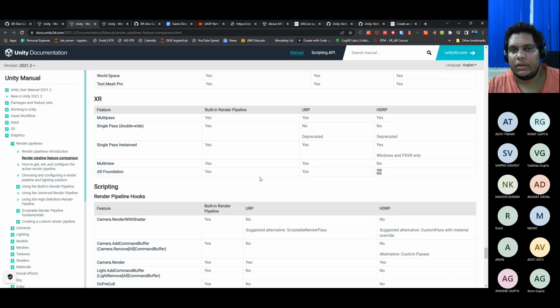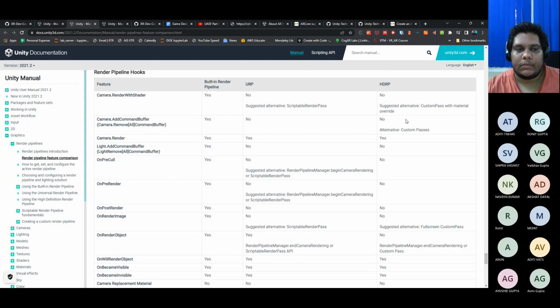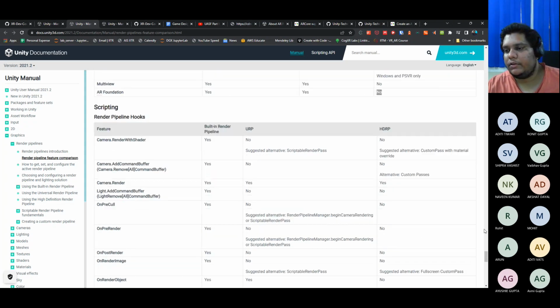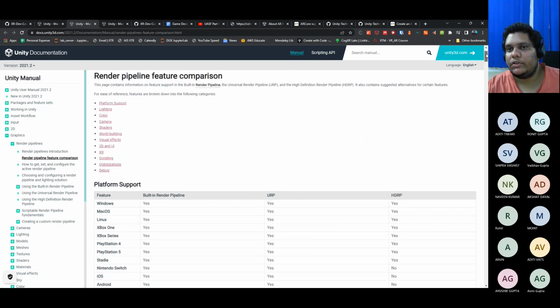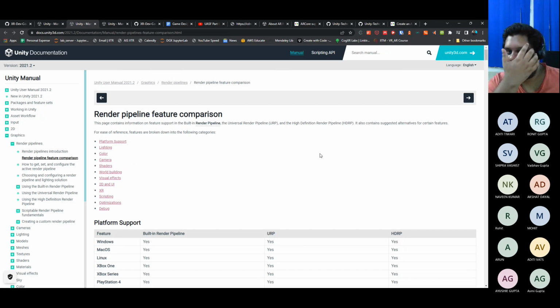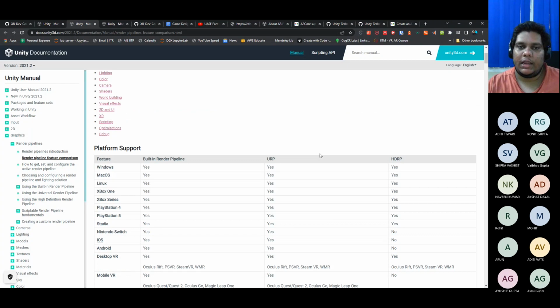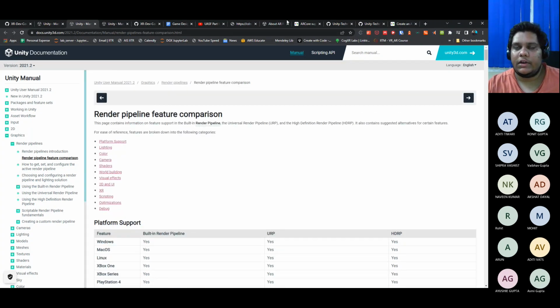If you're prototyping, just use the built-in render pipeline. It's straightforward, you don't need many things, but for production ready, you can go with URP. And if you're working with HTC Vive or a bigger product, which they are now reducing, then we can go with HDRP as well. That's it. This is a good document to go through once you start understanding what rendering pipelines provide and how you can leverage them.